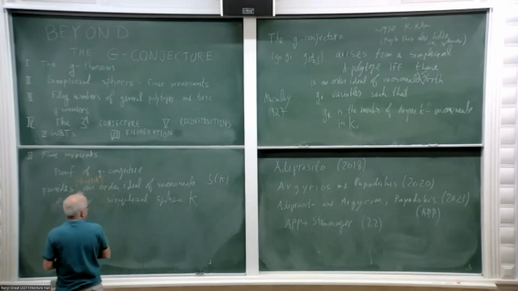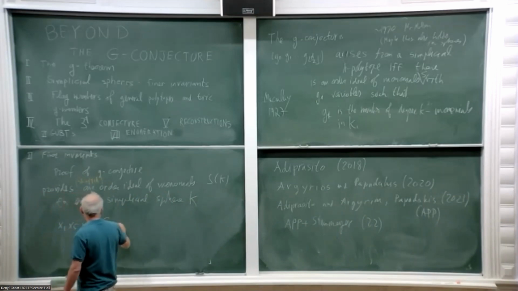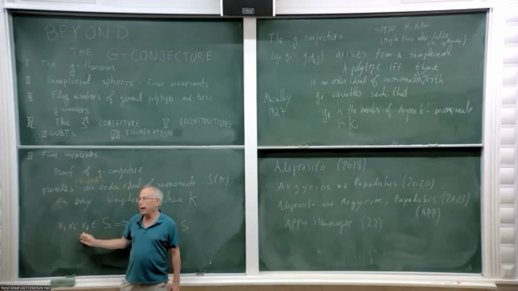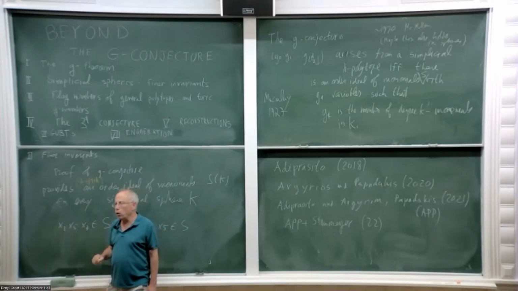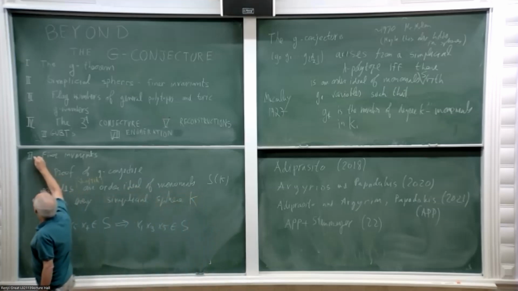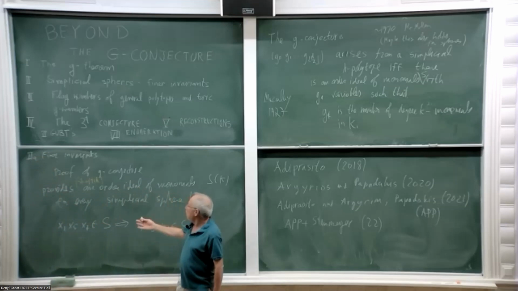Now, shifted means that if x1, x5, x7 belong to S, then also x1, x3, x5 belong to S. So if you take a monomial and you reduce the indices of the variables which are presented in the monomial, then this preserves the property of being in this order ideal of monomials. So we can think, so let me say 2a, one finer invariant for simplicial spheres is this shifted order ideal